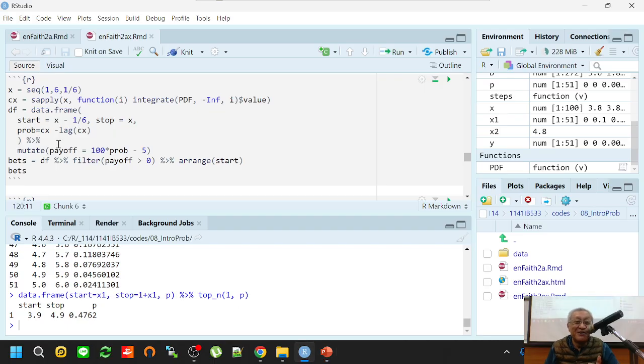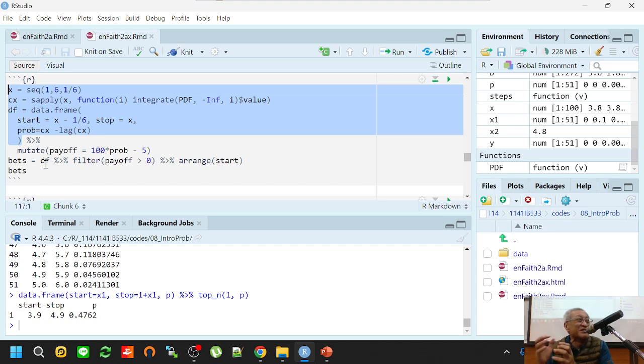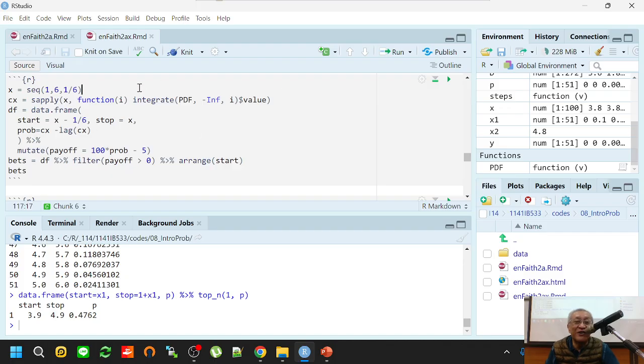In R, it only takes a few lines to build a data frame, if you know how to do it. You only need a few lines of code to calculate the probability associated with every 10-second period. So if we run this,